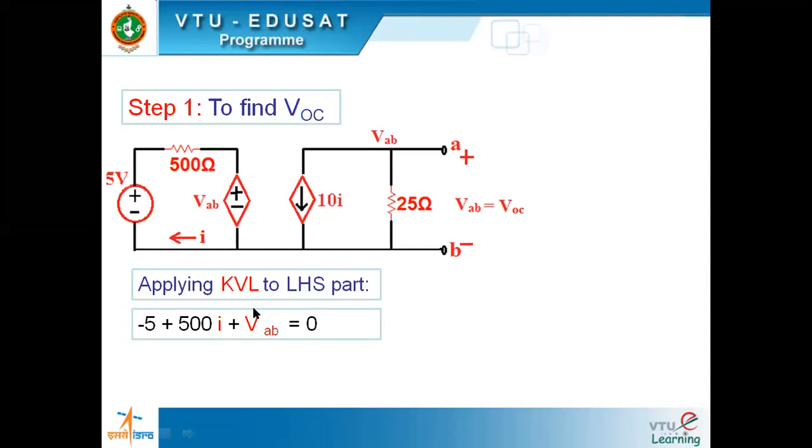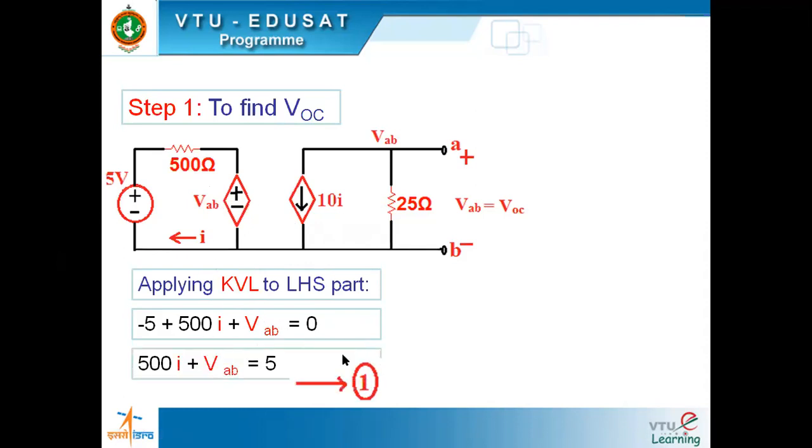But what is not good in this particular equation? Tell me. We are applying KVL, and when we are applying KVL, what is the rule that we are following? Let all our unknowns, let all our KVL equations be in terms of I. So that is one thing. But let's see how things go here, because we can deal with the other part also and obtain an equation in terms of VAB and I. We already have the equation in terms of VAB and I. Yeah, this is good. So keep this as one equation, taking this 5 onto the right hand side.